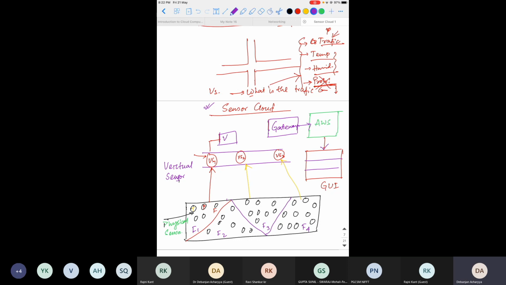So this is the higher stage of the single sensor, the virtual sensor groups. Maybe between 2 sensors, 4 sensors, in number of sensors. So there may be some virtual sensor group. And the output of this virtual sensor group will go to the gateway. And so they are actually making the decision. So what is the traffic condition?